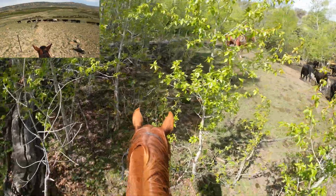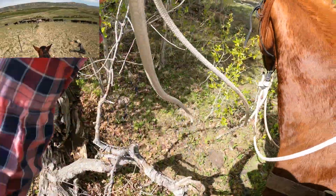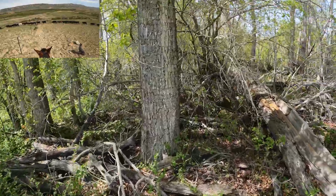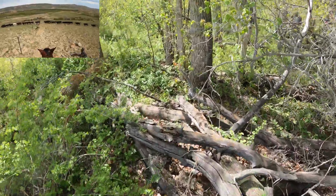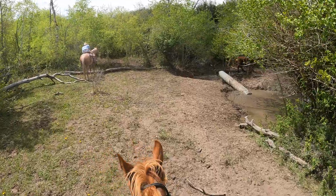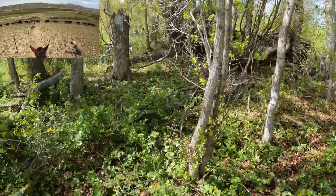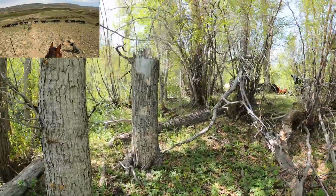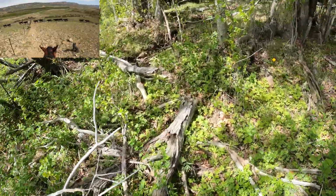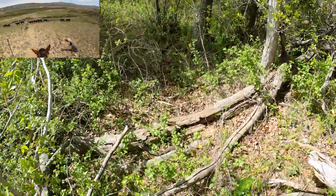Alright guys, in the last video I talked about working the sides and seeing spots where the cattle potentially could bleed out on you. And this is a situation right here in this gather where that went terribly wrong. There's a little creek right here with a culvert popping out of the ground a little bit. It's a good crossing, but the cattle balked at it and then bled out into this thick timber right here. So I had to get off my horse and leave it at the crossing and go on foot into these trees. If somebody would have been at that spot blocking the trees so the cattle didn't bleed out into them and they crossed the creek right there,